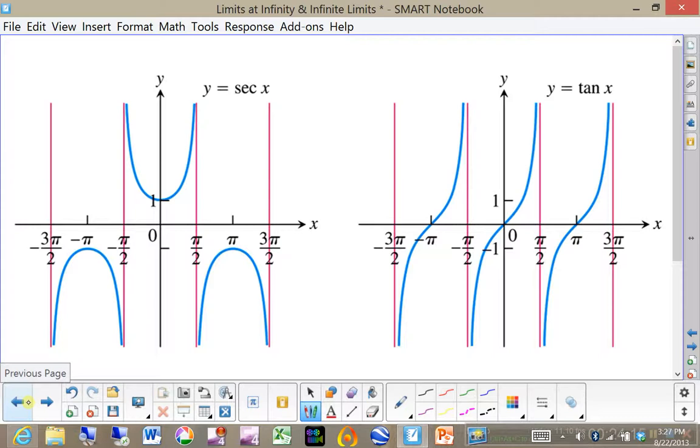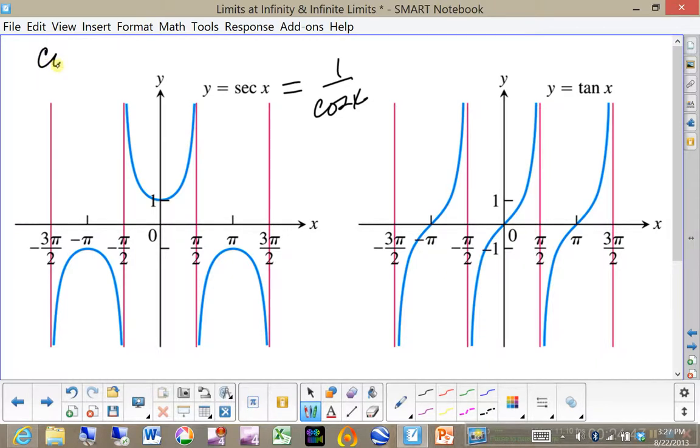Now, you all will recall from pre-calculus that you graphed functions like tangent, cotangent, secant, and cosecant, and found you had multiple, in fact infinite numbers of vertical asymptotes that repeated. To find the vertical asymptotes of secant of x, you can write that as 1 over cosine of x,